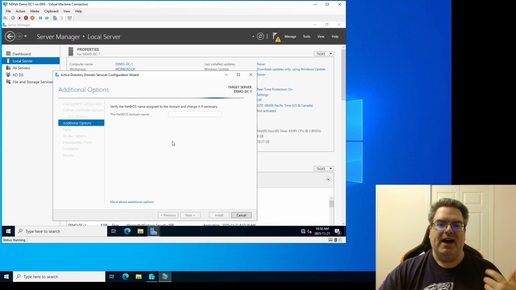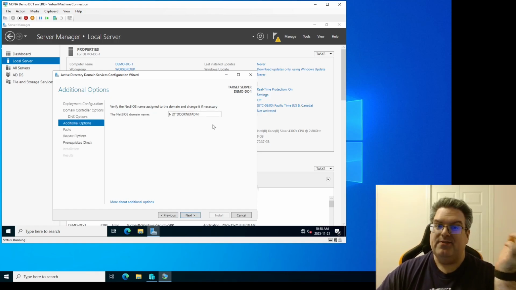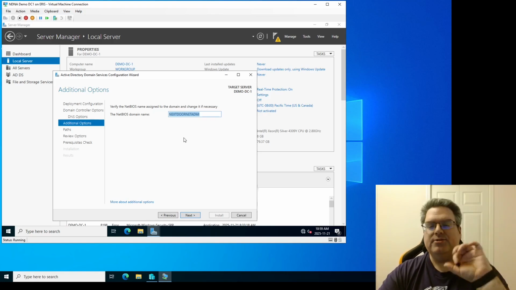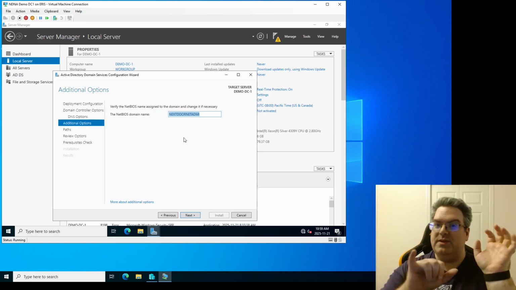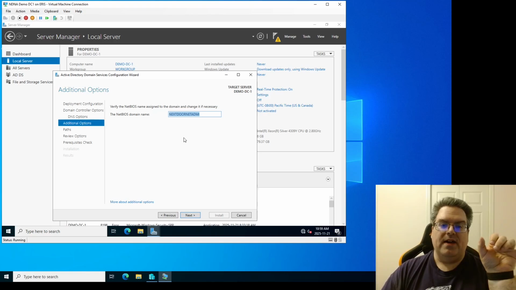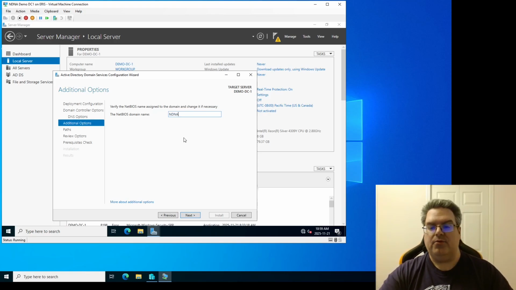Additional options, a NetBIOS domain name. This is typically a shorter version of your domain. There is a 15-character limit on this for legacy purposes, which, as you can see, becomes nextdoornetadmin instead of nextdoornetadmin.ca. But this can be whatever you want. There's two forms of referencing a domain. One is with the actual DNS, nextdoornetadmin.ca, and then the other one is just this short code,